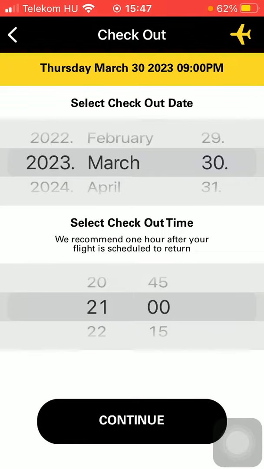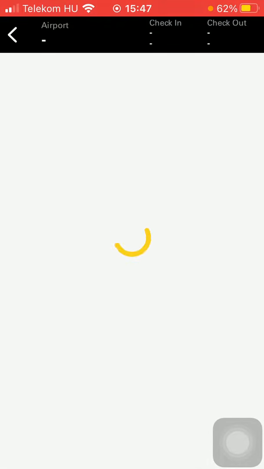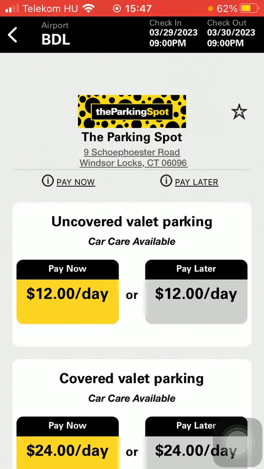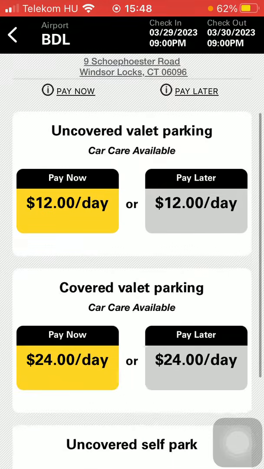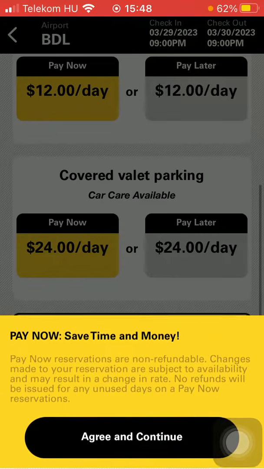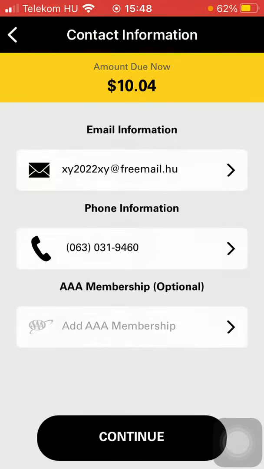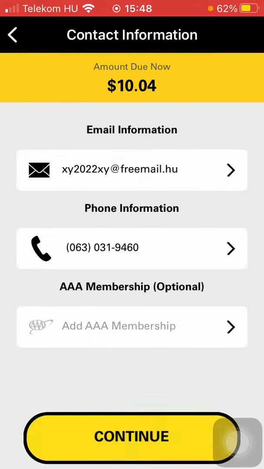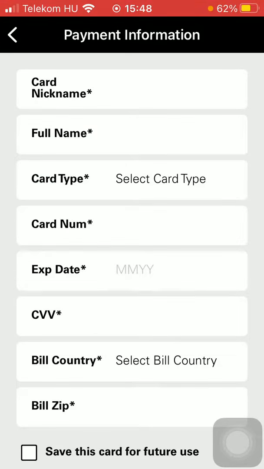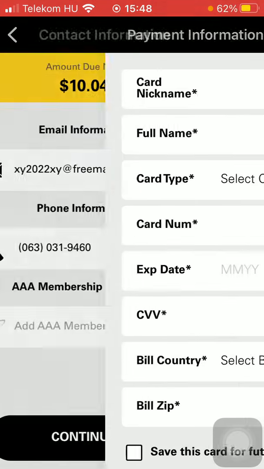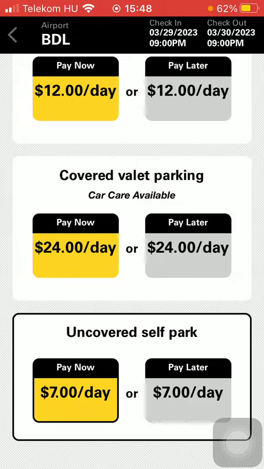And after that, click on the checkout date and checkout time sections to select them and click on continue. Here you should select from these options. Tap on the relevant one, click on agree and continue, and then you will be able to add contact information. Click on the button continue and add payment information, and then you will be able to finalize the process of